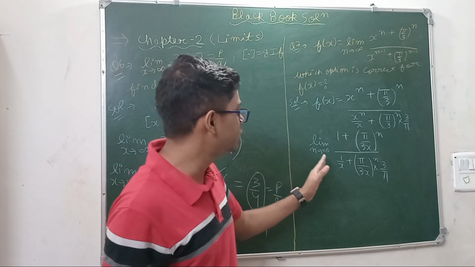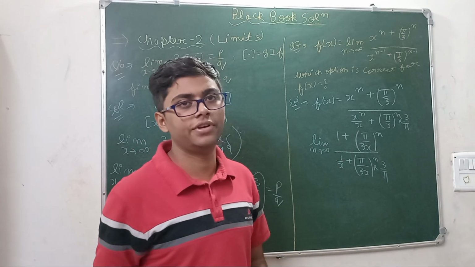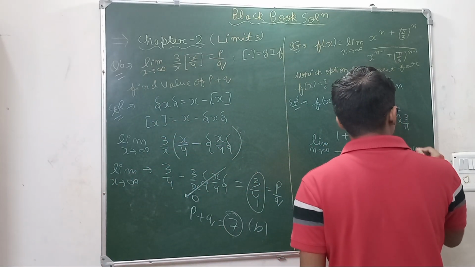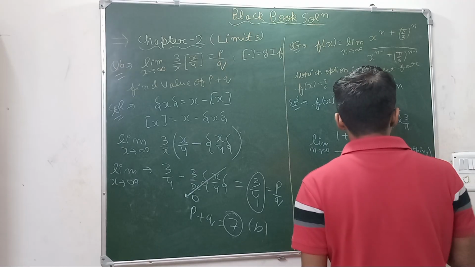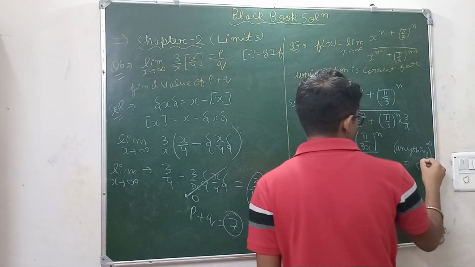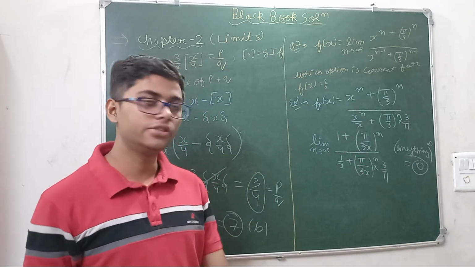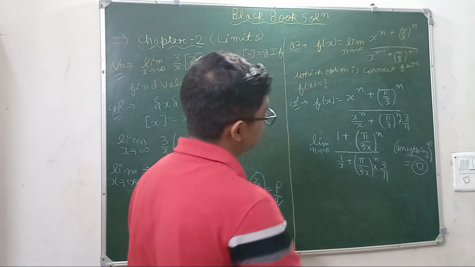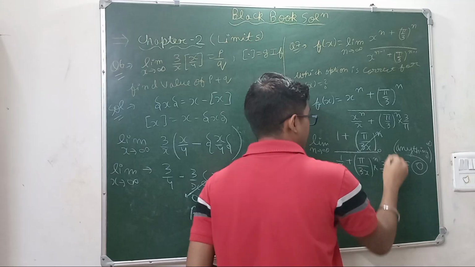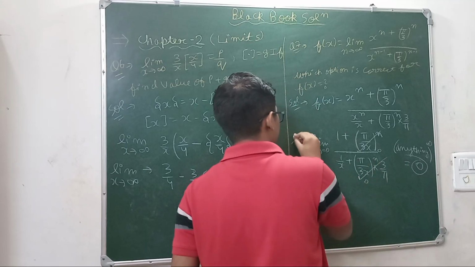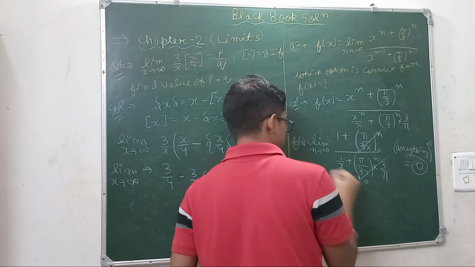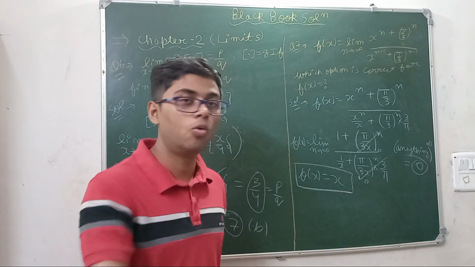Now just substitute the value of n as infinity. You have to remember one result, that anything to the power infinity is 0. Here, n to the power infinity is 0. Now substitute the value infinity, so this will become 0 and this whole term will become 0, means the function f(x) will be equal to 1 upon 1 by x. So the function f(x) is x, means y is equal to x.